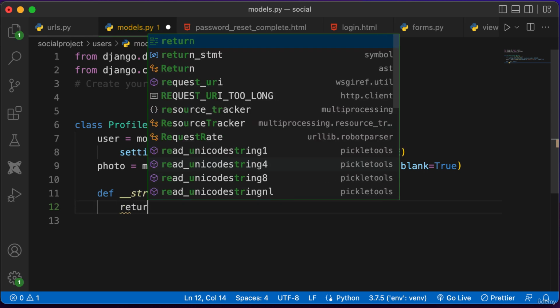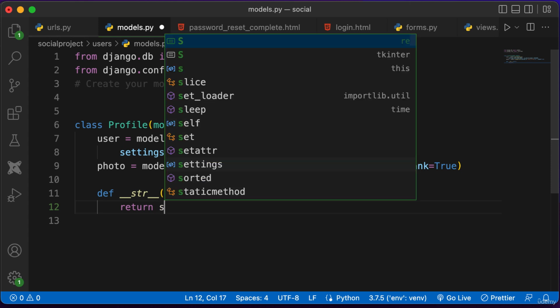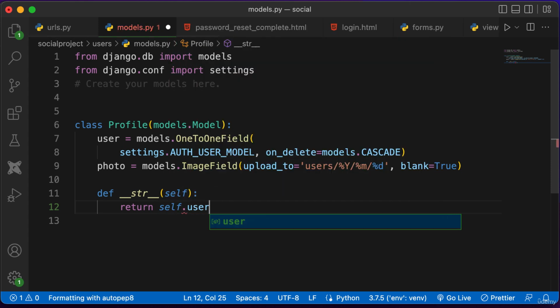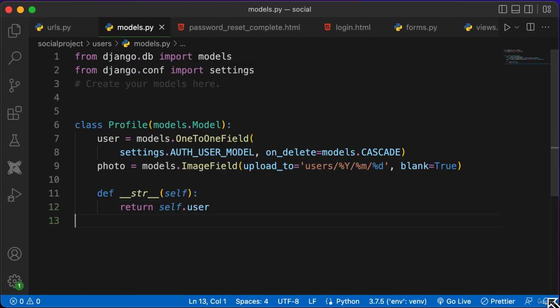So here I'll make this thing return self.user. So once we have added this particular image field, one more thing that needs to be done with this image